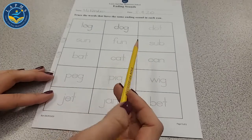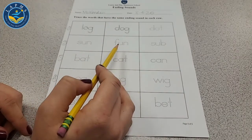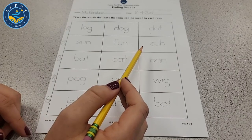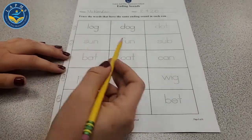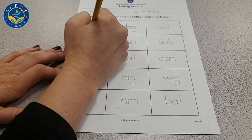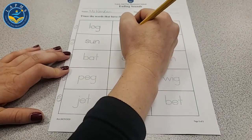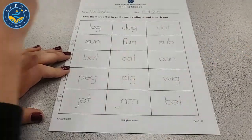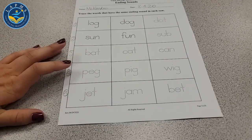What words do you hear that have the same ending sound? Sun, fun, sub. Can you say it? Yeah, sun and fun. Same ending sounds. U-N, U-N. Okay, let's trace those words. Sun, S-U-N, fun, F-U-N. Super. Okay, and let's finish the rest of these later